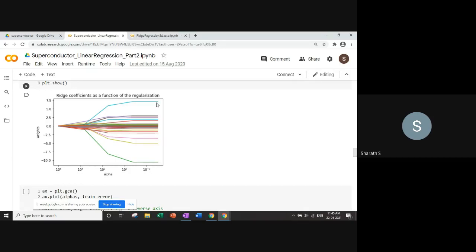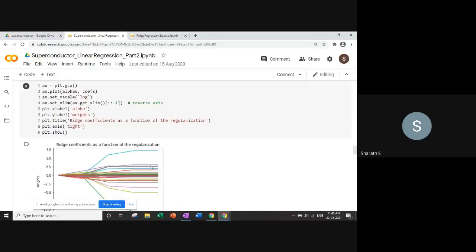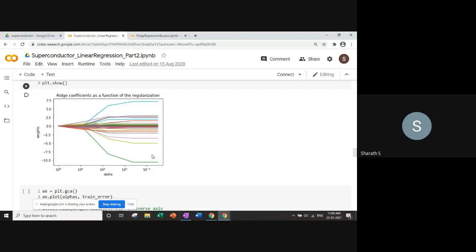When the penalty weightage is less, you have so many coefficients here. It's an 11th order polynomial, and it's not 81 terms right now. It is 3 terms because of the PCA. So, 11th order polynomial on 3 terms. So many coefficients are there, and then as you start increasing the weight parameter, you see that slowly